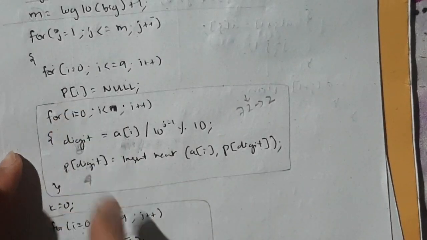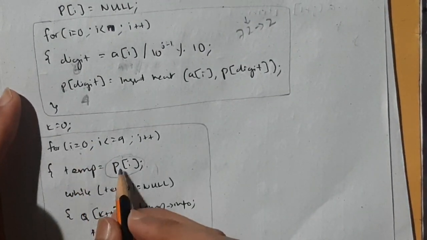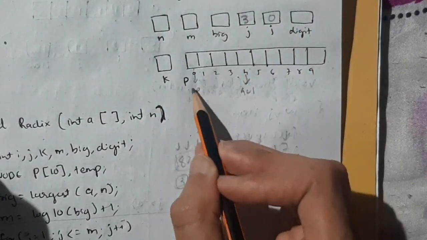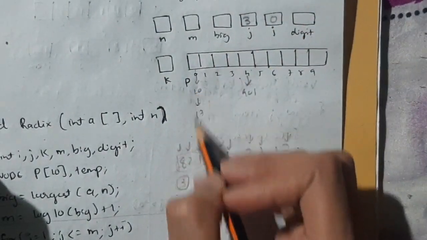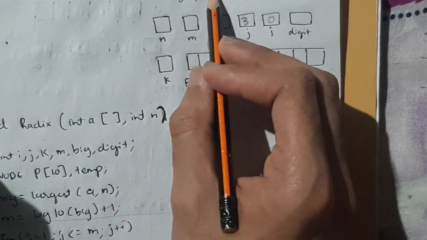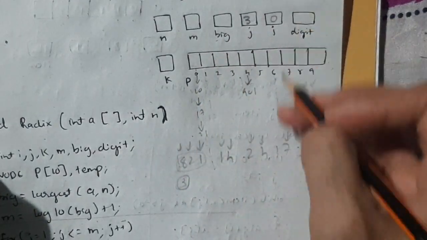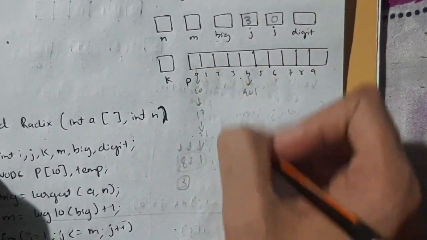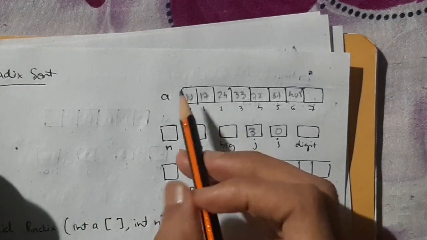So after that, this for loop of i will be over, and this loop will start. What does this loop do? It will take each p of i and store it in this fashion, like the previous iteration. So it will store all in this fashion, 10, then 17, then 24, 33, 60, 61, then 72, at last it will store 401. So after storing, when that gets over, it's all sorted.